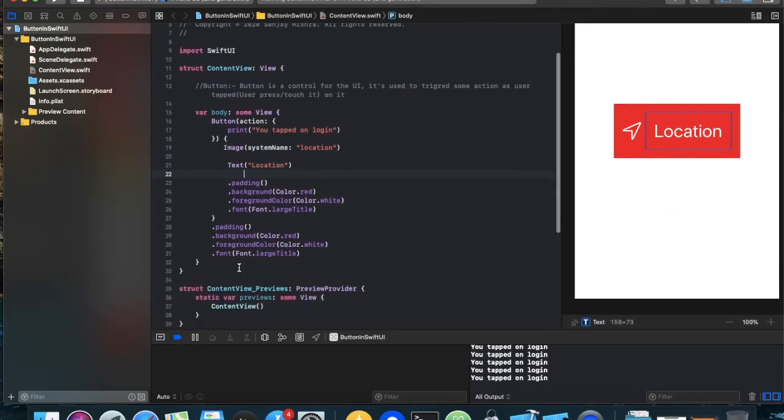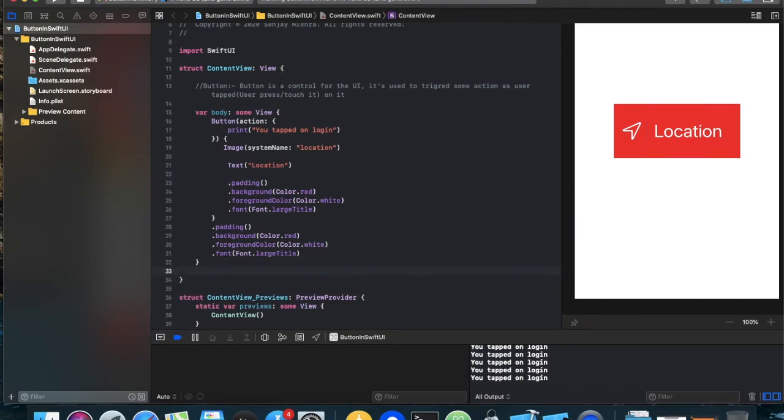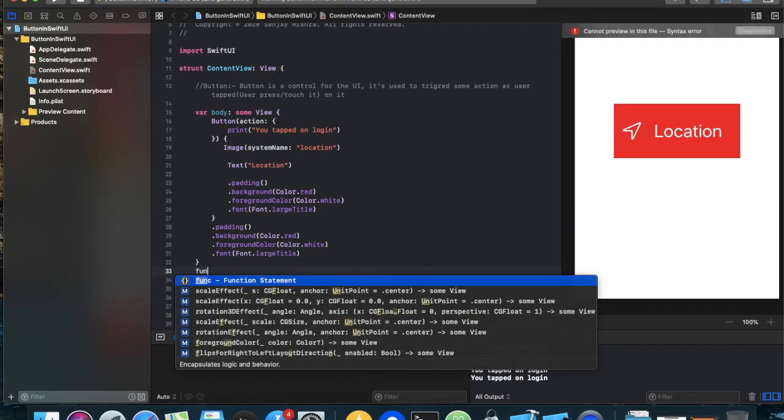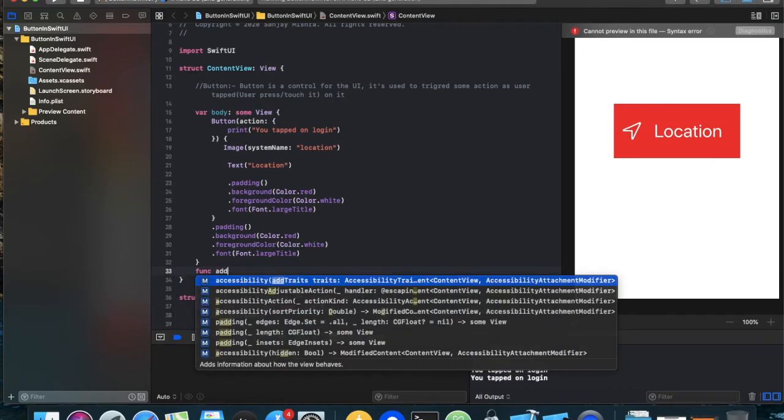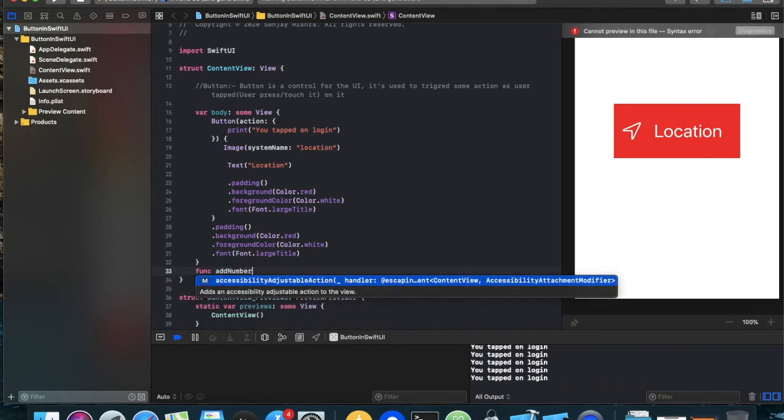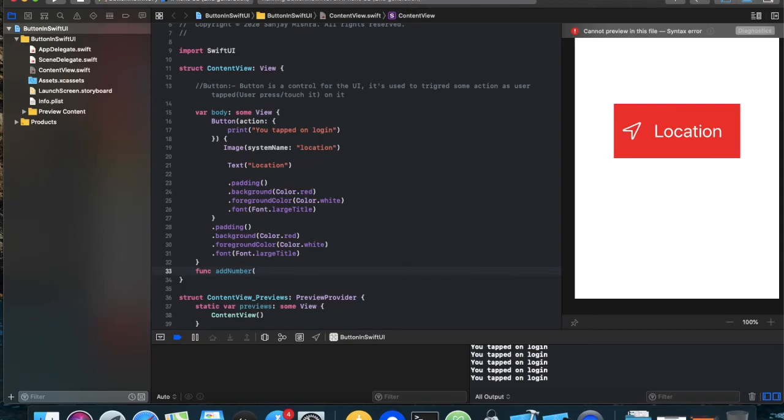Similarly, if we want to execute some function, we just implement a function addNumbers, which will take two parameters, like num1, which will be of type Int, and similarly num2, which will again be of type Int. What it will do is just add these two numbers.